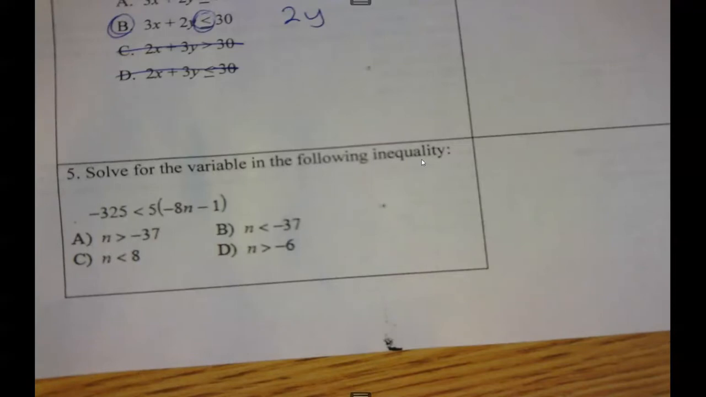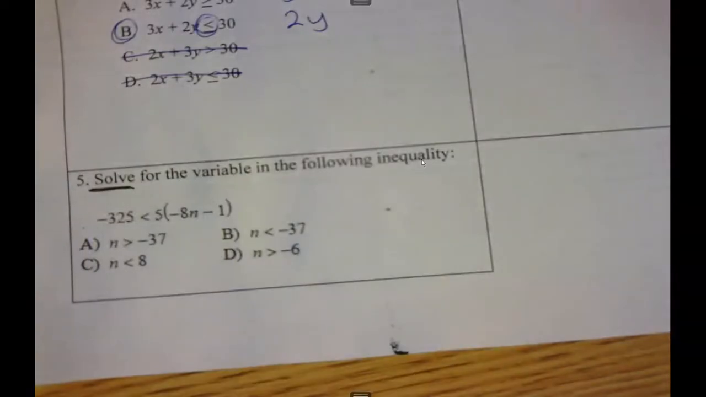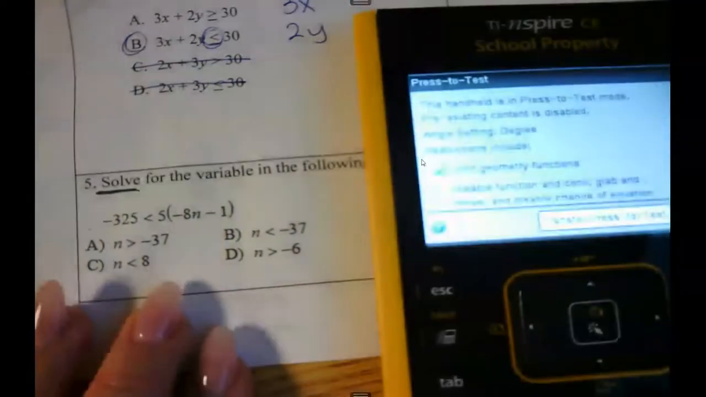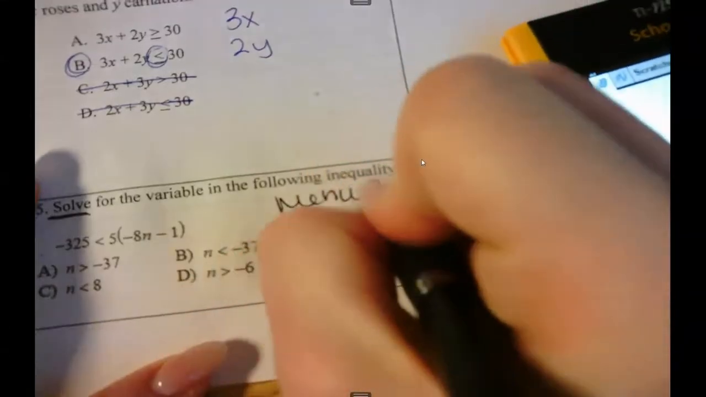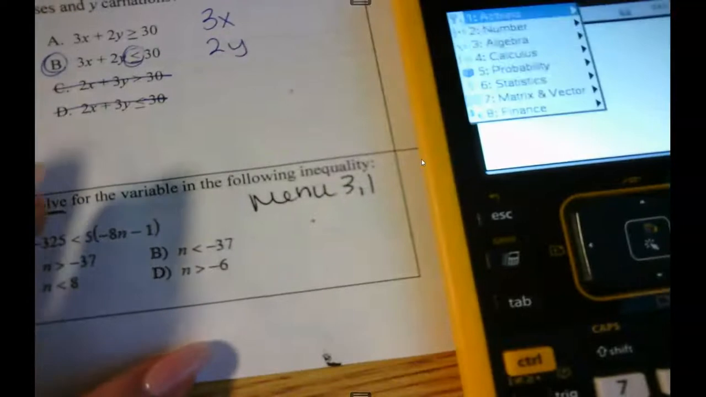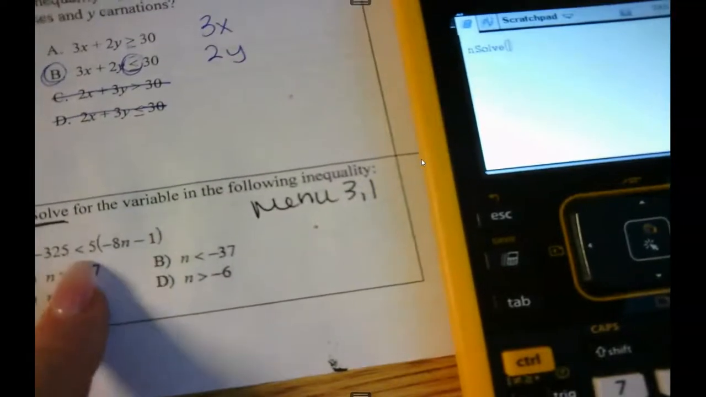All right, this last example, solve for the variable in the following inequality. So these look like the ones we were doing the other day where we have one variable and we were trying to solve for that variable. We just have an inequality symbol this time instead of an equal sign, but we can still solve it the same way. So whenever we see, even with our inequality symbol, we are still going to do menu 3-1. So menu 3-1. And I'm just going to replace this